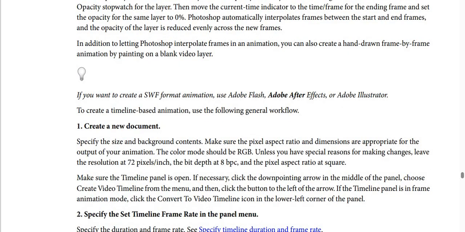Number 1, create a new document. Specify the size and background content, and make sure the pixel aspect ratio and dimensions are appropriate for the output of your animation. The color mode should be RGB, unless you have special reasons for making changes. Leave the resolution at 72 pixels per inch, the bit depth at 8 bpc, and the pixel aspect ratio